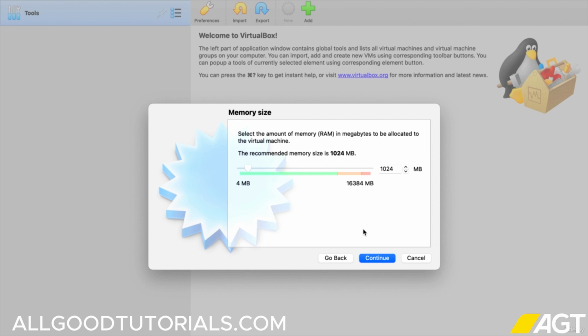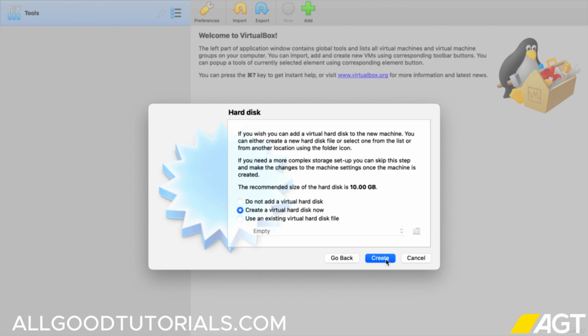Now we have to select the amount of memory we want to give to this machine. You need to give it at least 1 GB of RAM. You can give more also. I have a lot of RAM, so I'm just giving it 2 GB of RAM so it works smoothly. Now again, I will click on continue. Do not change anything over here. By default, it is selected to create a virtual hard disk now, and just let it be